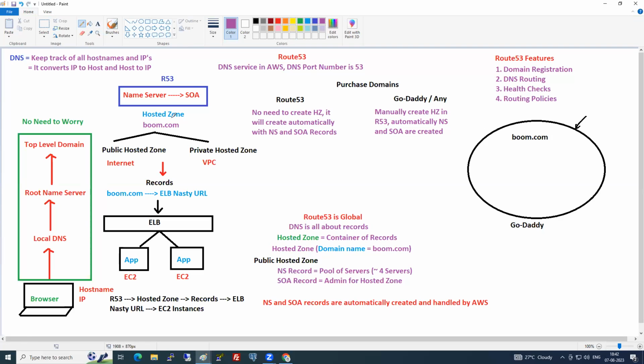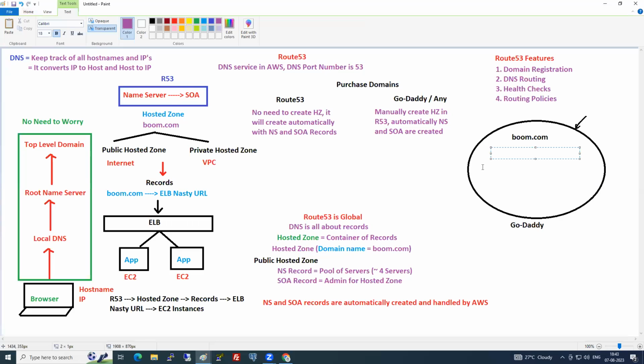But my entire infrastructure is where? In AWS. My ELB, EC2 instance, application, everything is in AWS. But my request is going to GoDaddy. So we need to somehow give a connection from GoDaddy to our AWS, no? For that, whenever you create a hosted zone, NS records will be created. How many servers will be there in the NS record? 4. Those 4 servers should be updated in GoDaddy. So update the AWS Route 53 NS records in GoDaddy.